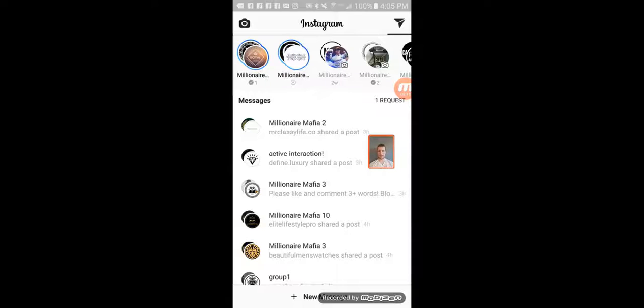Without real engaging comments and real engaging likes, especially happening as soon as you make that post, that's why you want to share to your DM groups as soon as you post, followed by a call to action. Without doing that, part of Instagram's algorithm for Explore page impressions is based on comments.